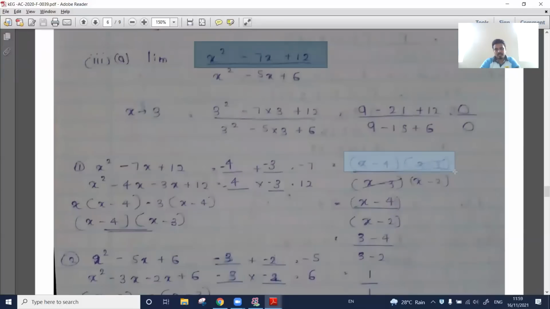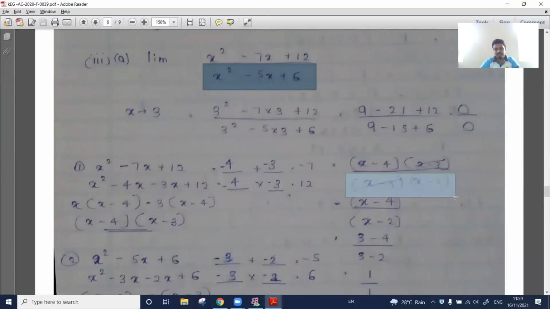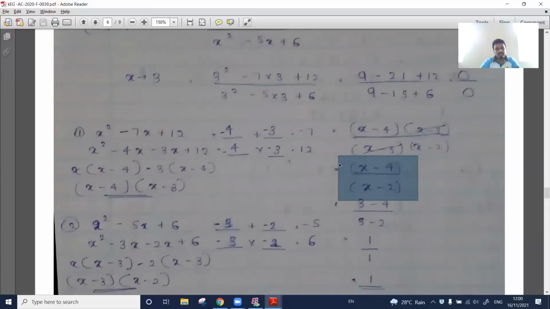x minus 4 into x minus 3. And once we factorize the denominator, x squared minus 5x plus 6, we should get the answer as x minus 3 into x minus 2. So x minus 3 into x minus 3 we can cancel. We will be left with x minus 4 divided by x minus 2. Now, instead of x, we can substitute the approaching value, which is 3. 3 minus 4, that is